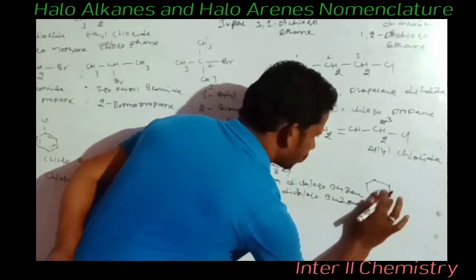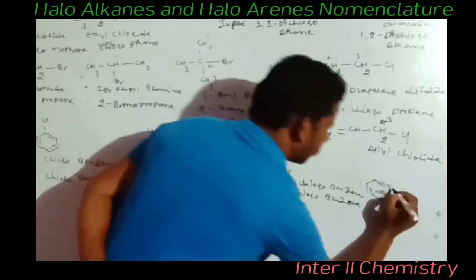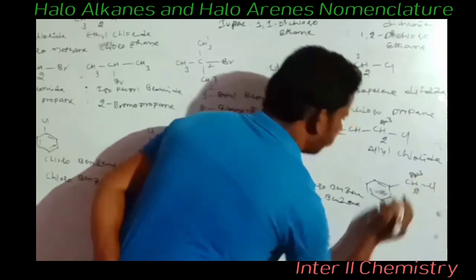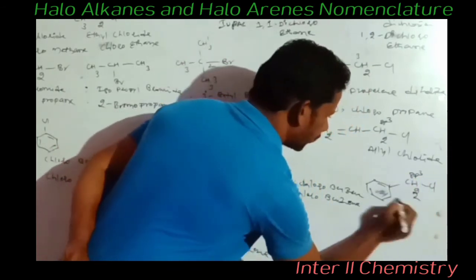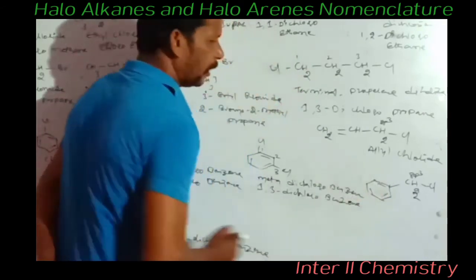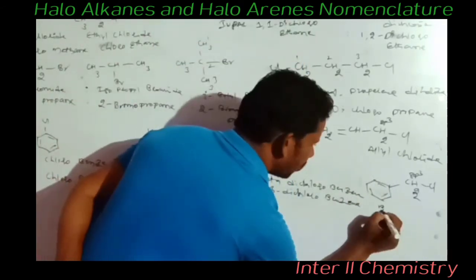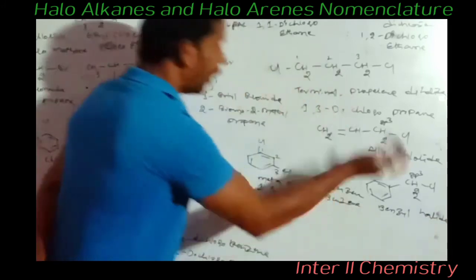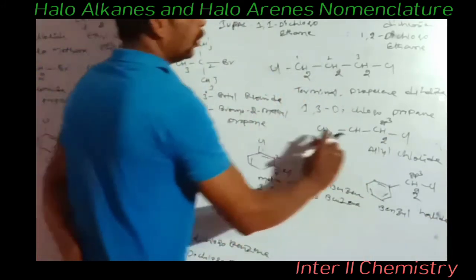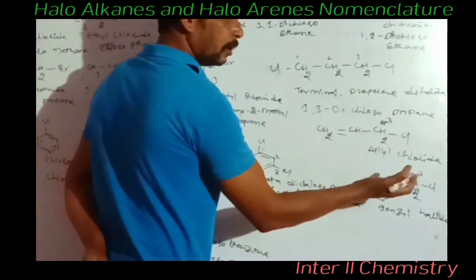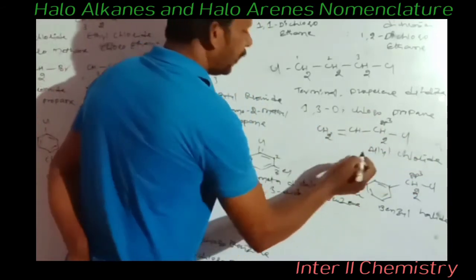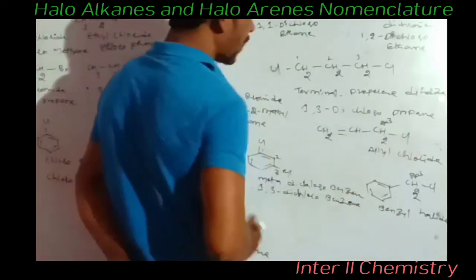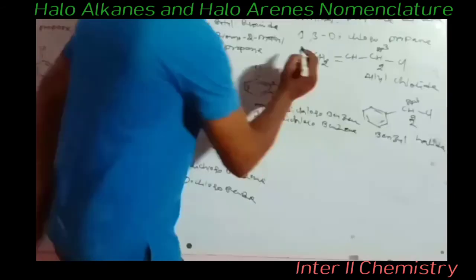Same like that, we discussed to some extent benzyl chloride also. C6H5CH2Cl. Here it is also an sp3 carbon, but the sp3 carbon is attached to the benzene ring, so it is called a benzyl halide. But what is the IUPAC nomenclature? You have to count the carbons, and after that you have to give the name. But it is a common method. Here it is also common. But what is IUPAC now? So you have to give the naming.